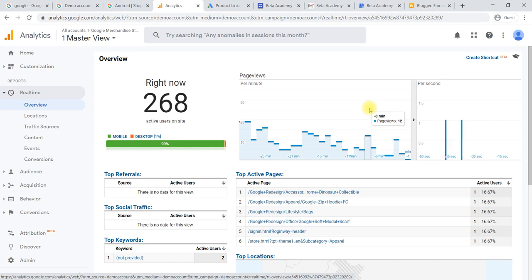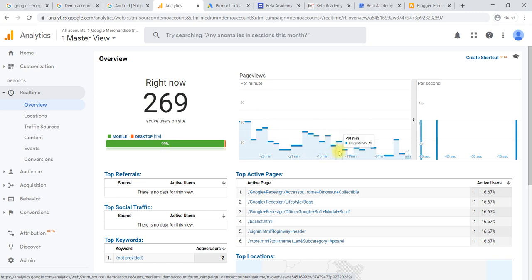These announcements are coming like Flipkart or Amazon will be giving an offer, right? Before the 12 o'clock sale, these offers will be given. At that particular time, we'll come to know how the trend is for that particular offer, how many of them are visiting each minute. To get that detail, we'll be using these two. It is per minute wise, this per second wise.